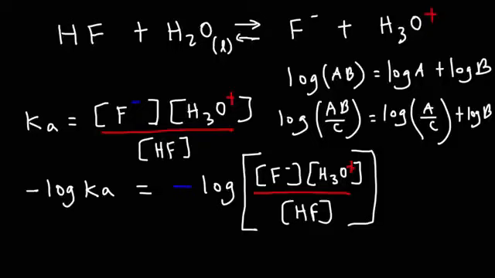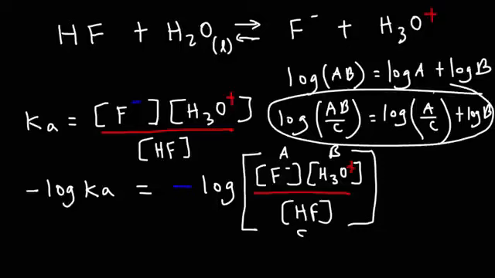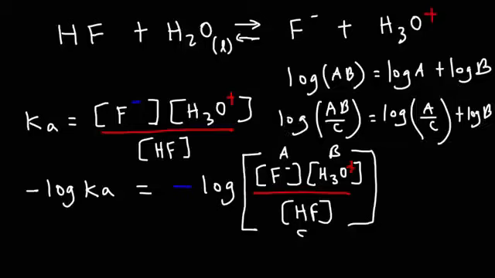Right now, I want to take out H3O plus out of this expression. So B would correspond to H3O plus. I'm going to keep A and C the way it is. So I'm going to use this property of the log expression. So this is going to be negative log Ka,